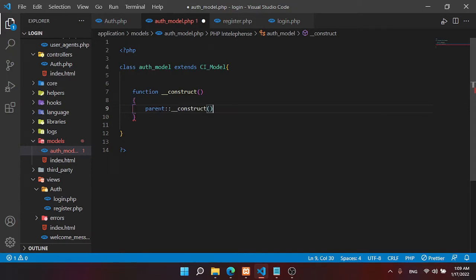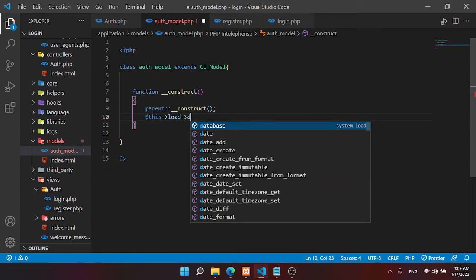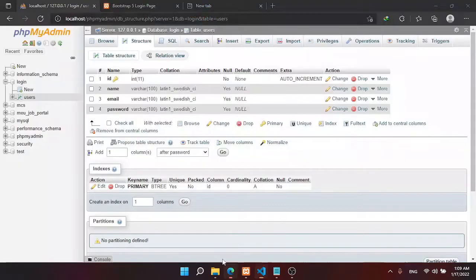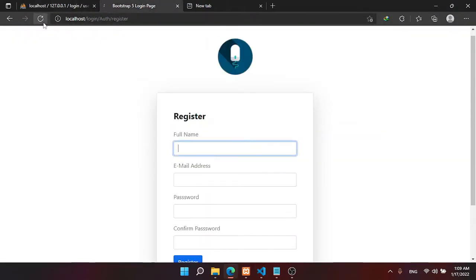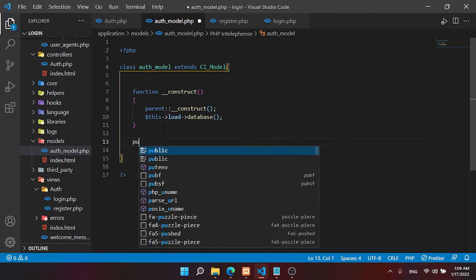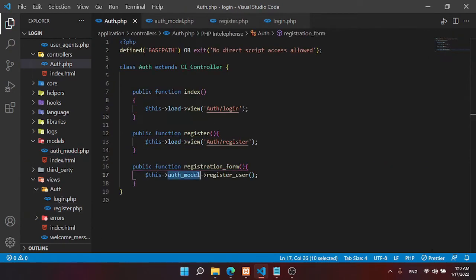So let's close this one, and we have to load our database. Load database. That's it. Let me refresh. Okay. And our registered user,